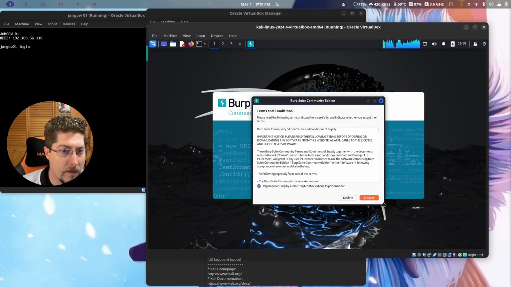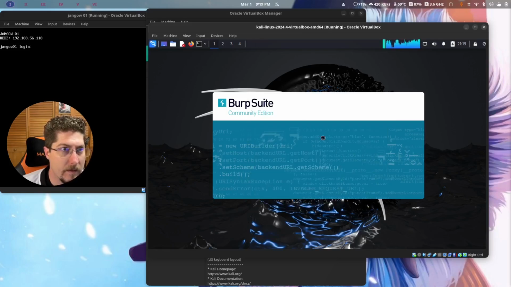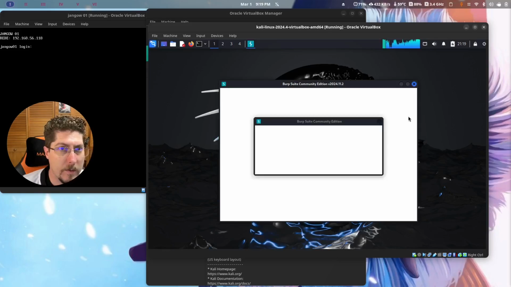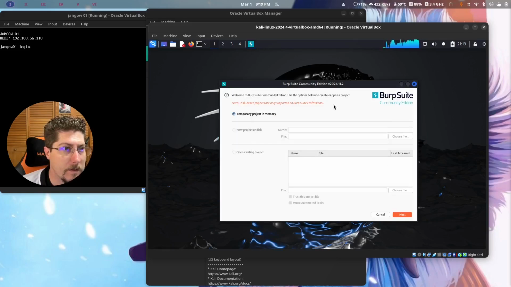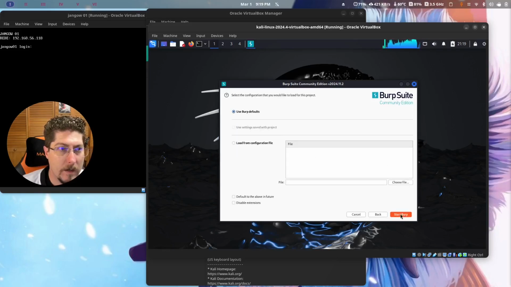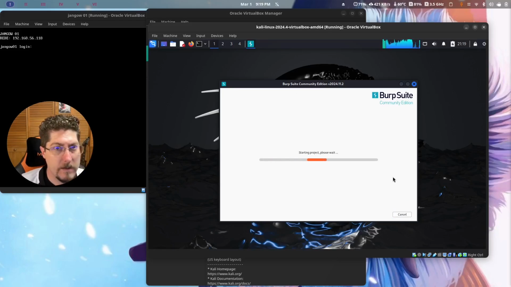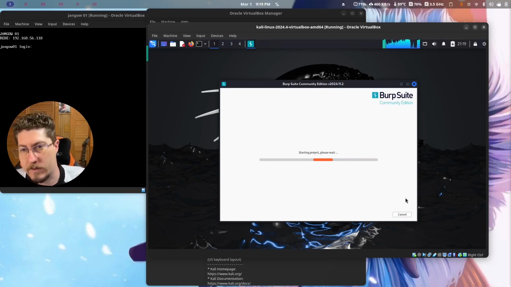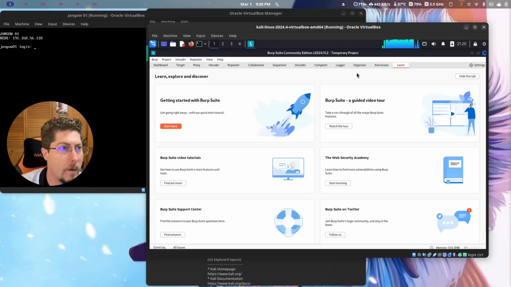Okay. Accept. Now we've got it open twice. We don't want it open twice. Alright, so you go through temporary projects, memory, use Burp defaults. I am going to change to dark mode because dark mode is life. If you also would like to change it to dark mode, you go through, gotta think about this, it's been a while,